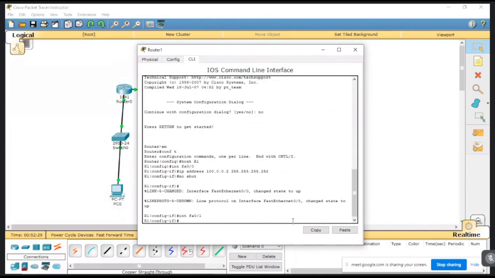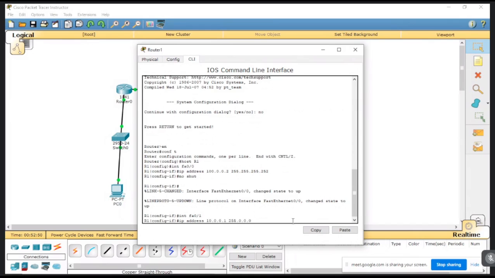and one more interface, that is 0/1, right? That is the router 1 to switch 1 connection, interface fast ethernet 01. So again you have to set the IP address. For this there is 10.0.0.1 and 255.0.0.0.